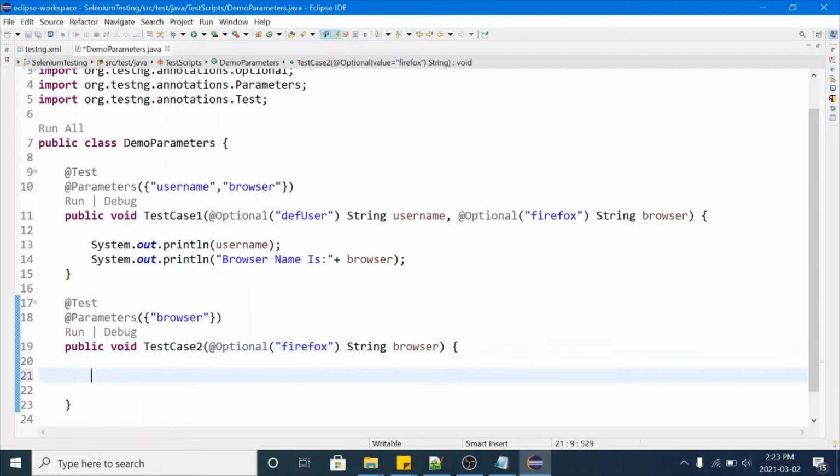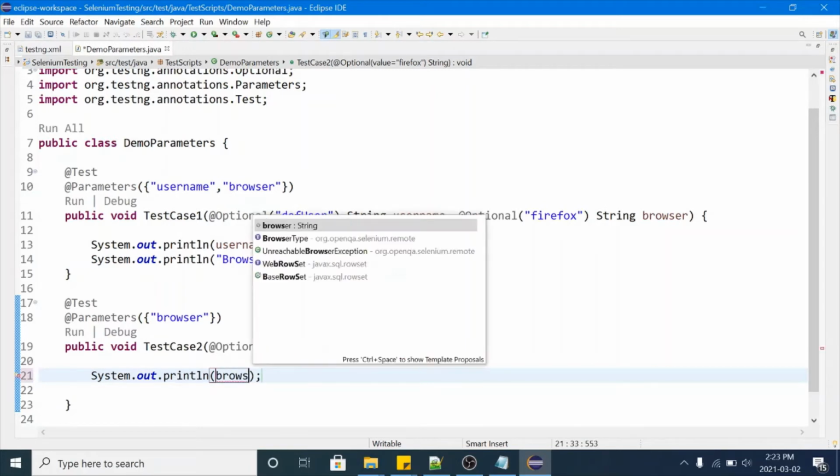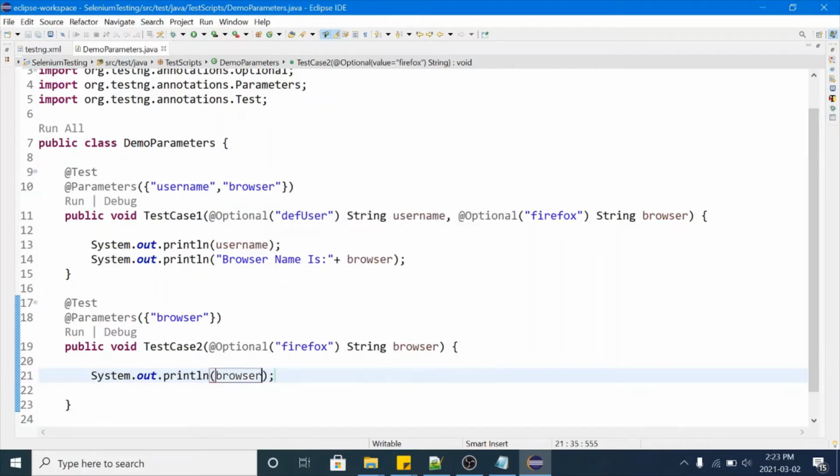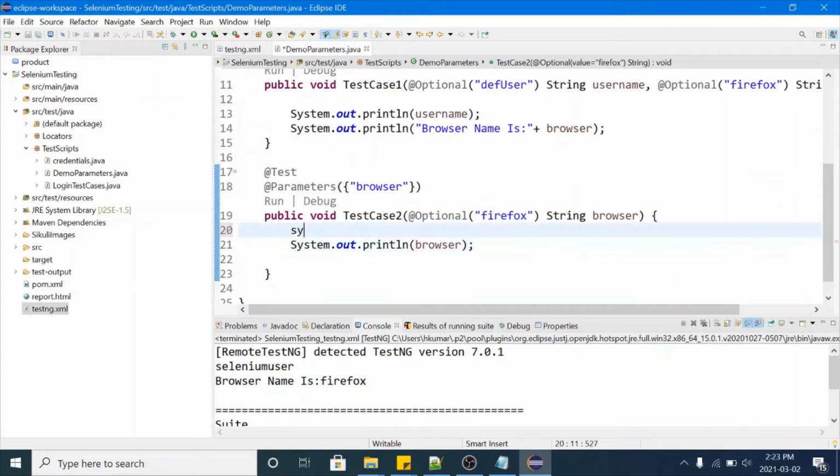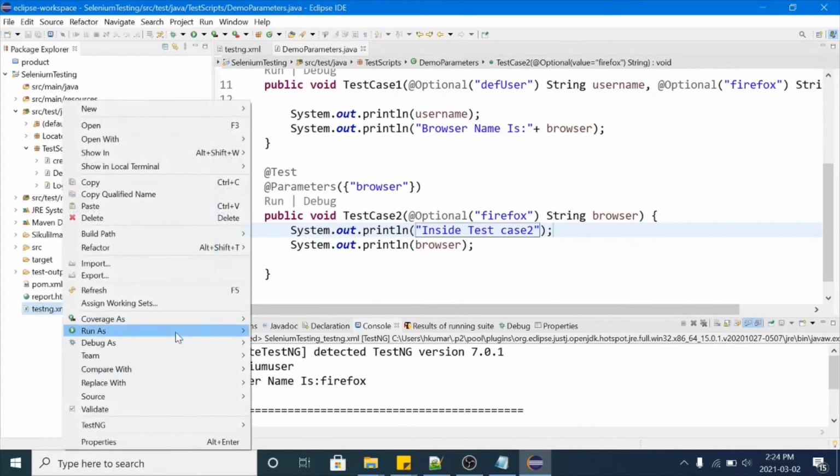Now we will print this value, browser. Let me run this scenario. First of all, let me print System.out inside test case 2. Let me run this script again. Run as TestNG suite.